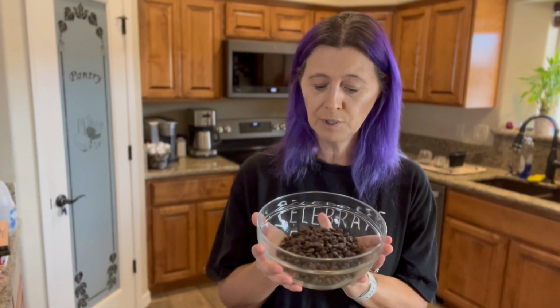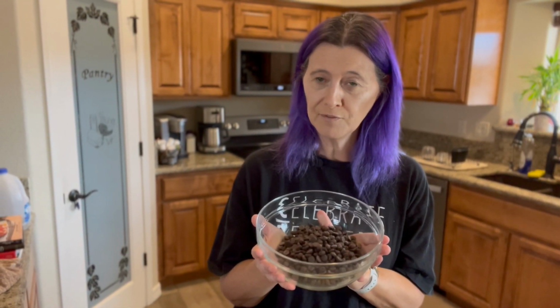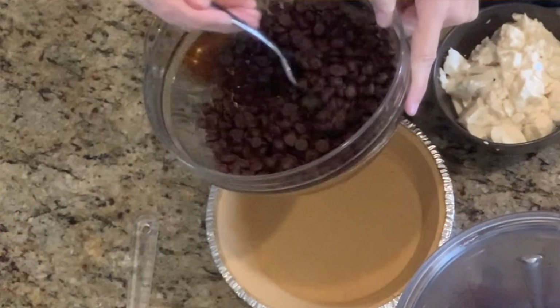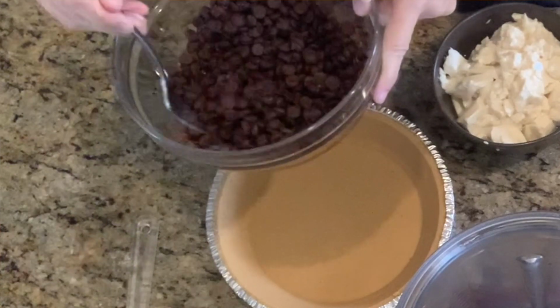So all I'm gonna do is pop this bowl in the microwave for about 45 seconds and let these chocolate chips start to melt. Right now, I am just gonna take a fork and start to mix this up. These are not melted yet. You can see there's still chocolate chip chunks. So I am going to put this back in my microwave for about 20-second intervals until the chocolate is completely